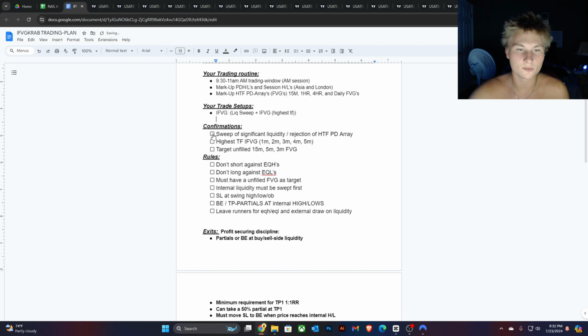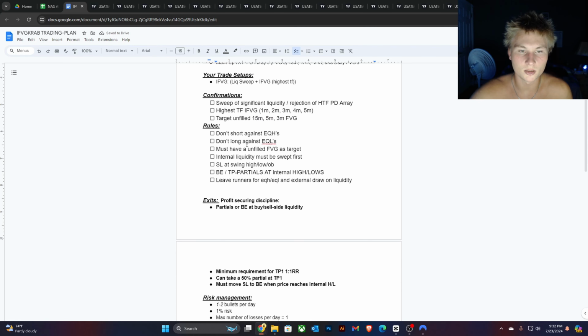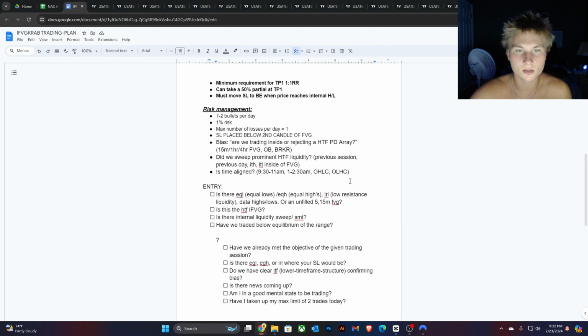But yeah, here's some confirmations I got. I don't always have to target this. It's just additional confirmation if you target an unfilled fair value gap. But yeah, it's pretty much